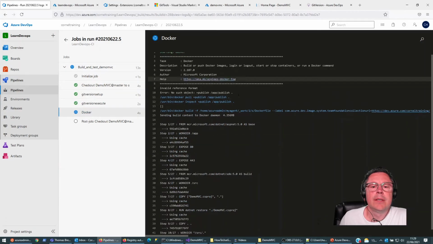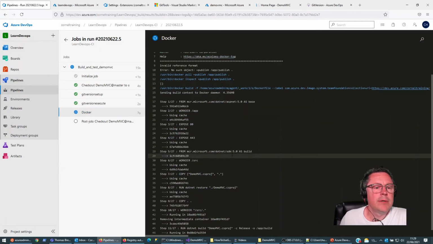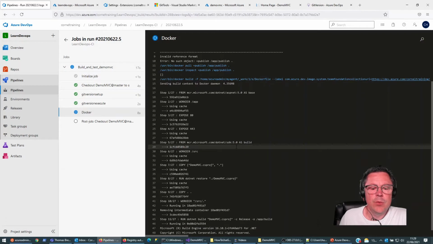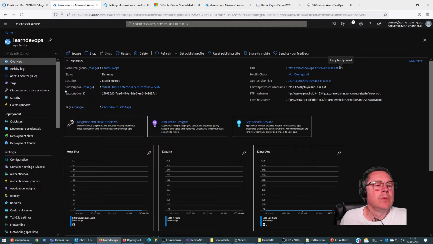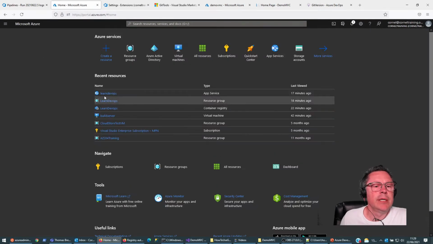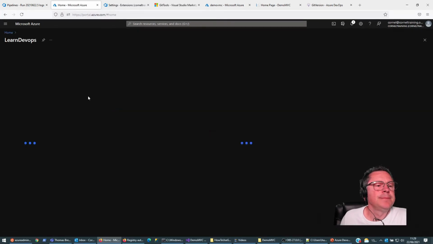Okie dokie, I think it's a little bit more happy now. So when the Docker image has finished building, we should be able to see in my container registry